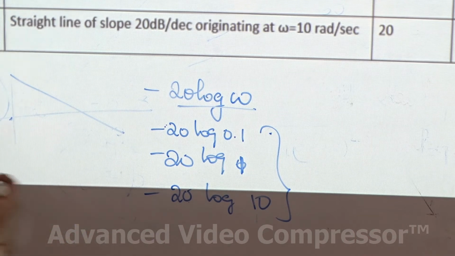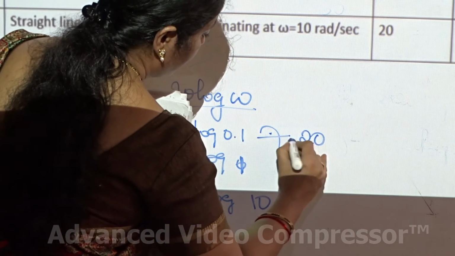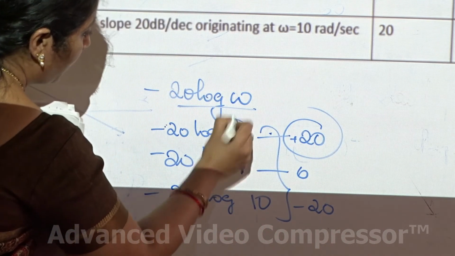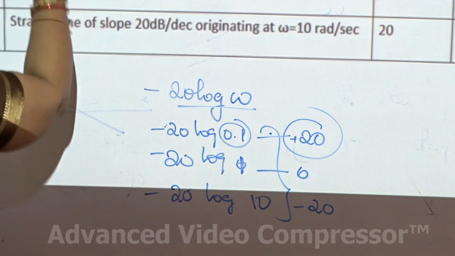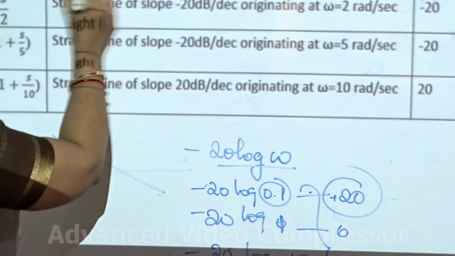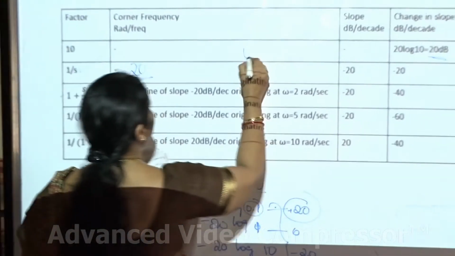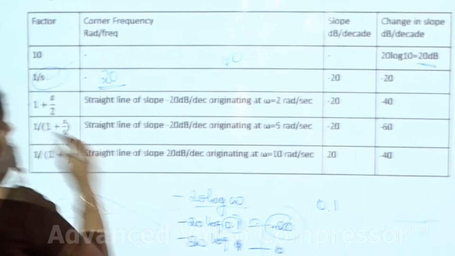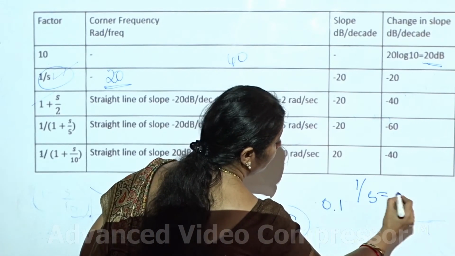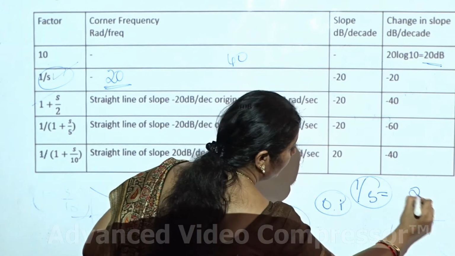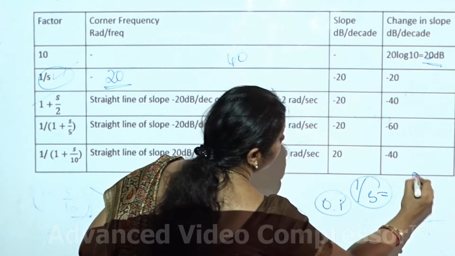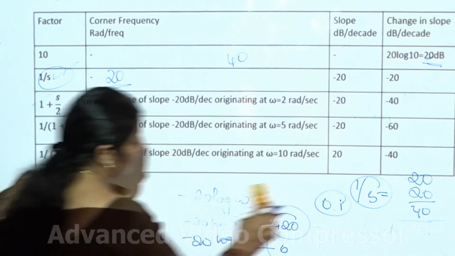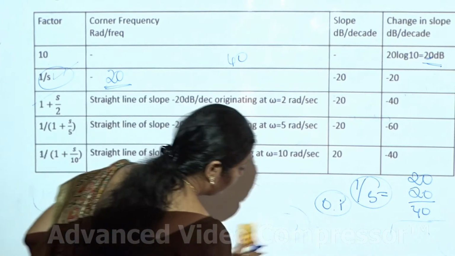And when we did that, here for this it was 20 plus 20, 0, and this was minus 20. So at point 1, this factor is giving a magnitude of 20. This 20 along with this 20, it is 40 dB. At point 1, this factor, that is the first pole 1 by S, its magnitude is 20. Along with that, this constant K is also giving 20. So it is totally 40. Else directly from the equation you can substitute and find out.